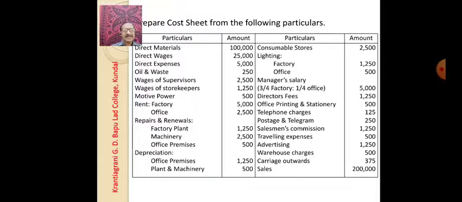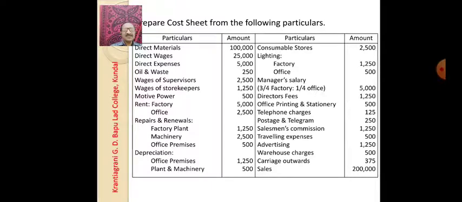and last, sales. Now, these items are divided into four major parts, which are included in prime cost, factory overheads, office and administrative overheads, and selling and distribution overheads. So, we will abbreviate these transactions which are allocated under those headings. Those items which are included in prime cost, we will abbreviate as P.